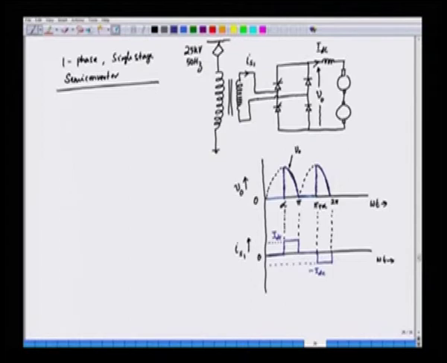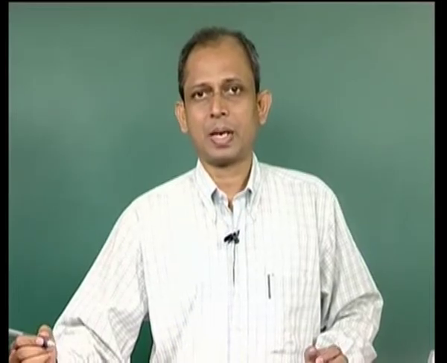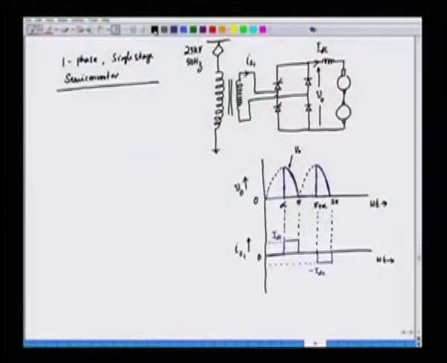If we see, the input current is not sinusoidal, the input current in fact contains harmonics. This is basically a rectangular nature of current, called quasi rectangular current, and this contains harmonics. Now, if we find out the input power, we have to find out the output voltage here. V naught is the average output voltage,